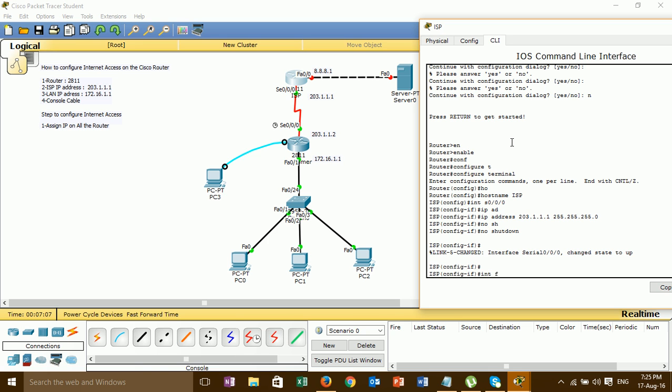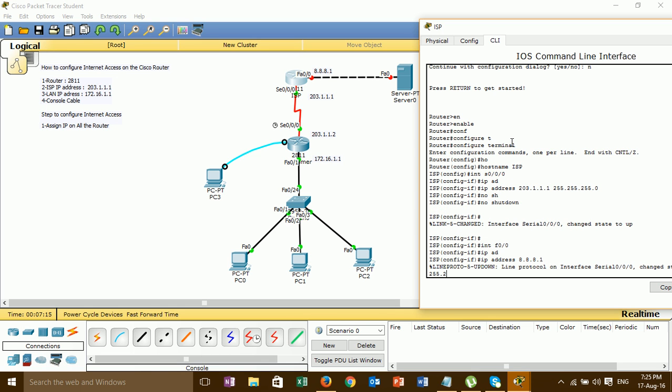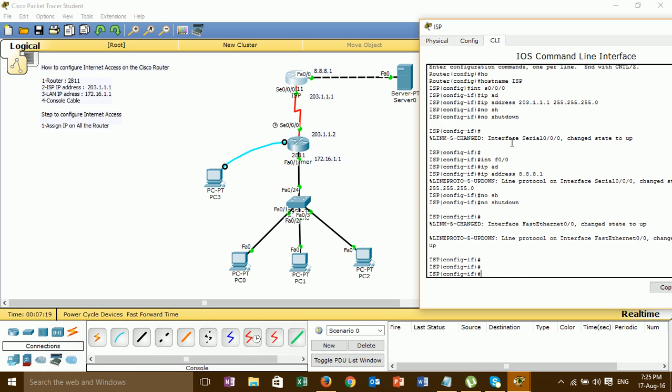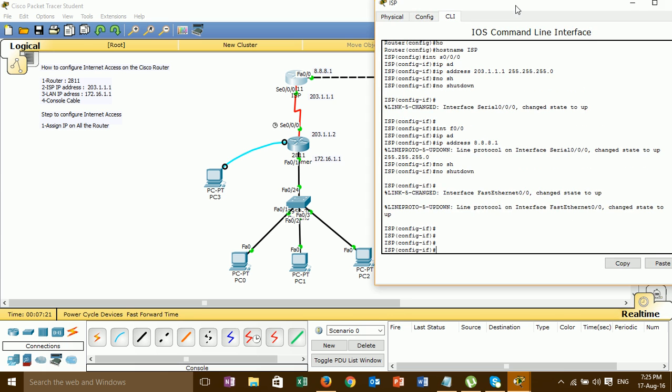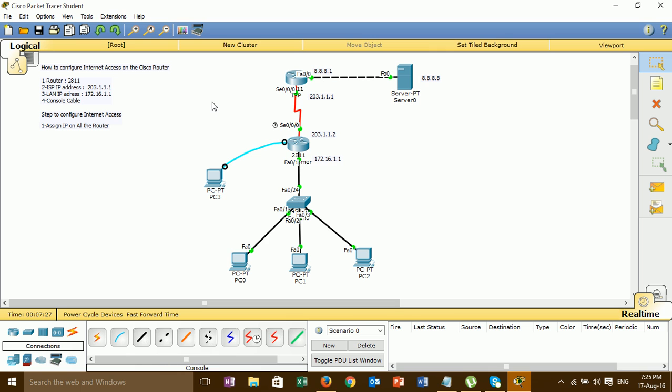Then go to interface 0/0, IP address, no shutdown. We have assigned IP already on the router customer and router ISP. We go to step 2.